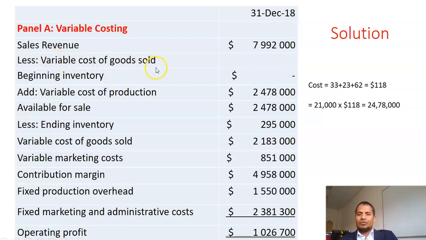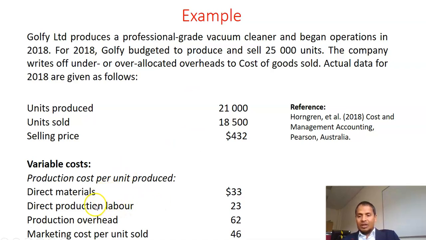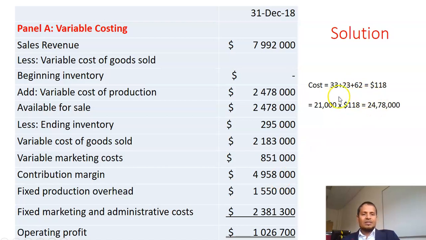Okay, variable cost of goods sold. Find out variable cost of goods sold. As we know, cost of goods sold equals beginning inventory plus production minus ending inventory. But in case of variable costing, we will consider only variable manufacturing cost. And variable manufacturing costs are material, labor, and production overhead, which is variable. Okay, so 33, 23, and 62. If you add these, 33, 23, 62, that is 118, and the company actually produced 21,000 units. So 21,000 times 118 is 2,478,000. Okay, that's available for sale,